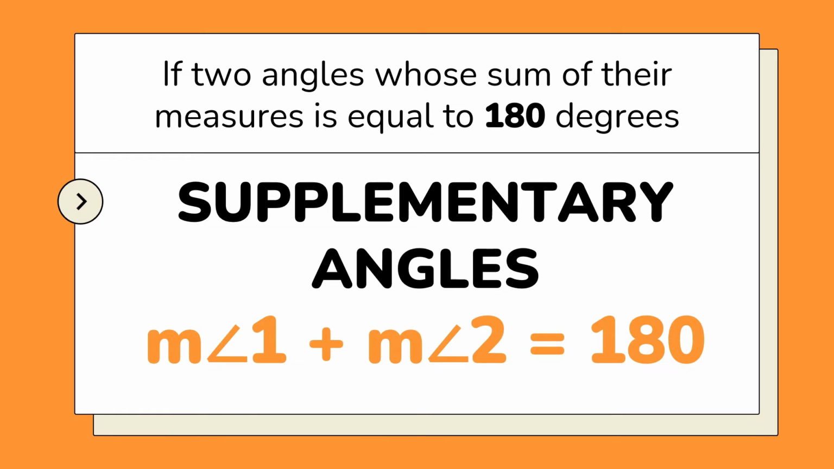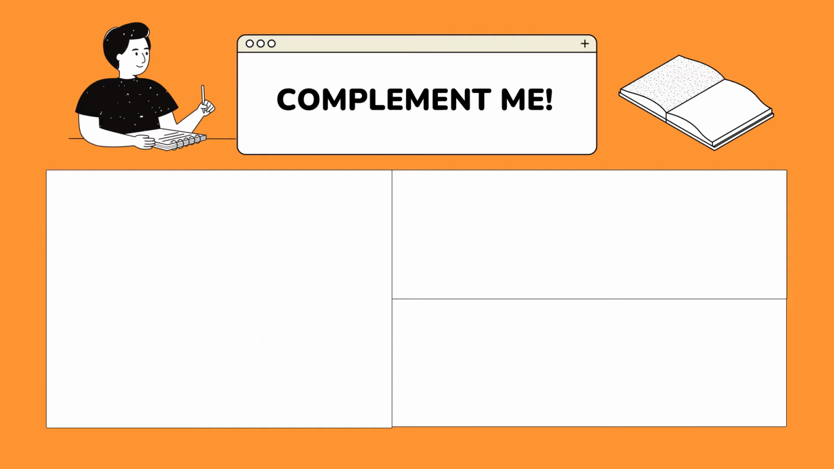Example, the measure of angle 1, or the first angle, added to the measure of angle 2, or the second angle. When we add them, we get 180 degrees. Okay? Next,